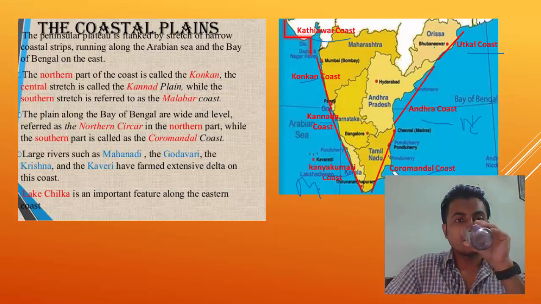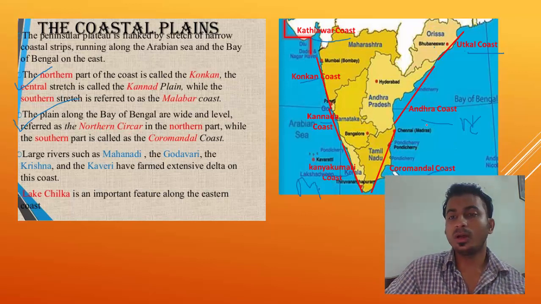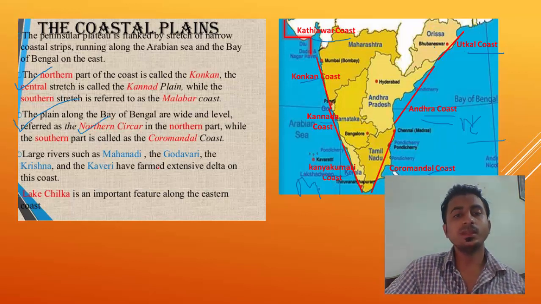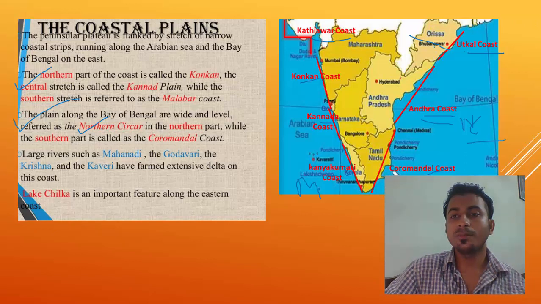Okay, that's what they have explained here. Northern part is called Konkan, then Kannada, then Malabar, then along Bay of Bengal, Northern Sircar, Coromandel, and Utkal. I told you na, Andhra coast is also known as Northern Sircar. That's what they have written here. Then they have talked about the rivers Mahanadi, Godavari, Krishna, and Kaveri. Mahanadi is in Odisha, Godavari and Krishna are in Andhra Pradesh, and Kaveri is in Tamil Nadu. Okay,